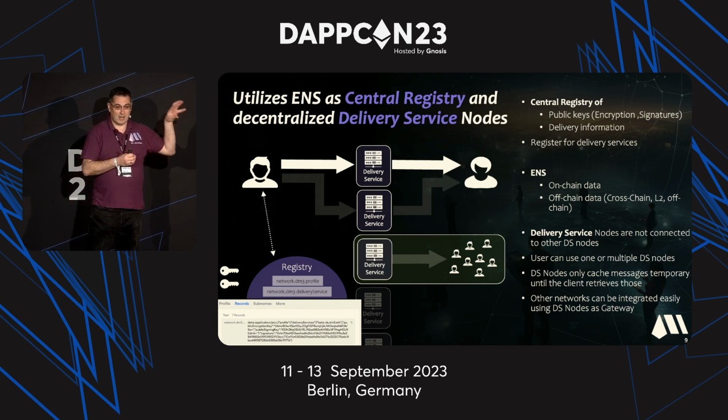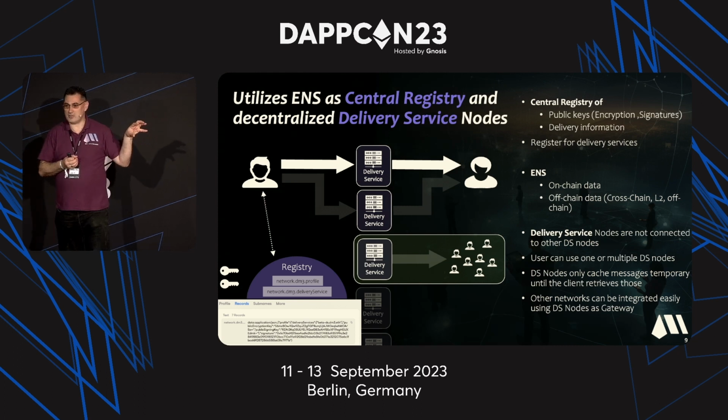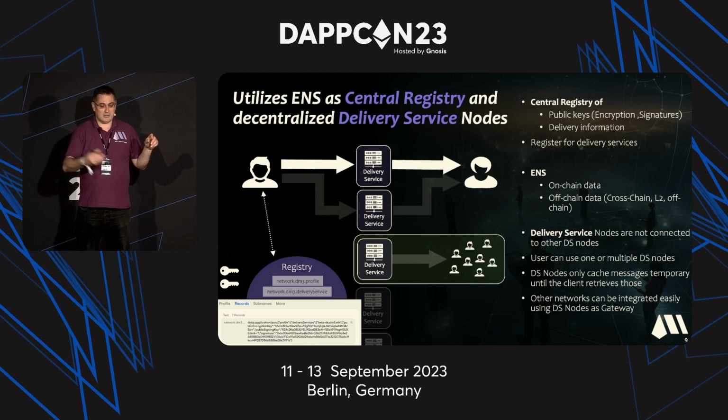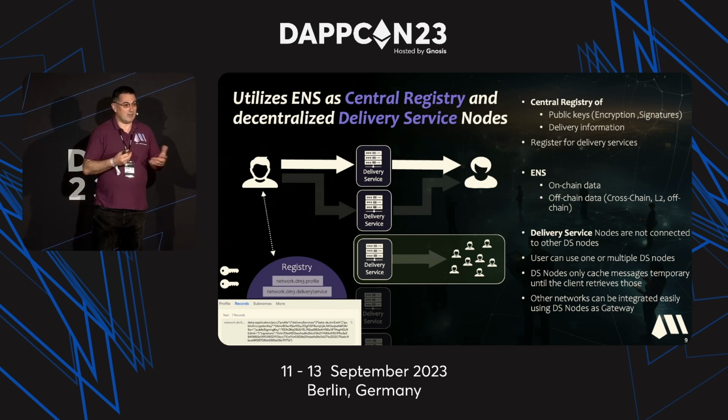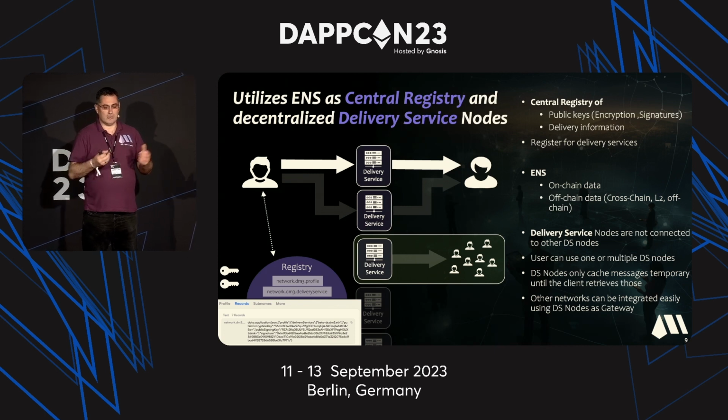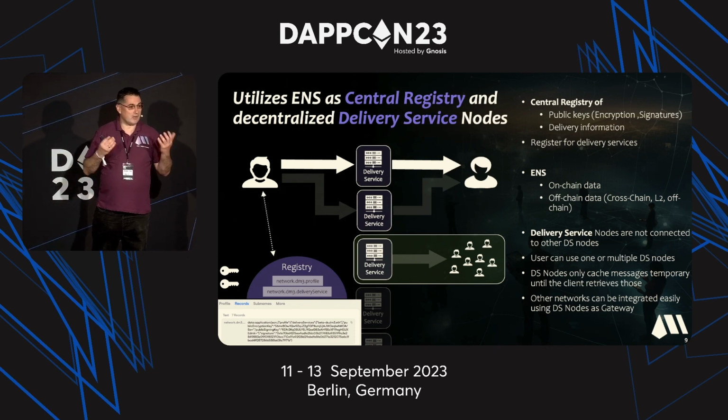These delivery services are holding or caching these messages until the receiver is picking them up, and then the message is deleted from the delivery service, because then the application of the receiver is responsible to store and